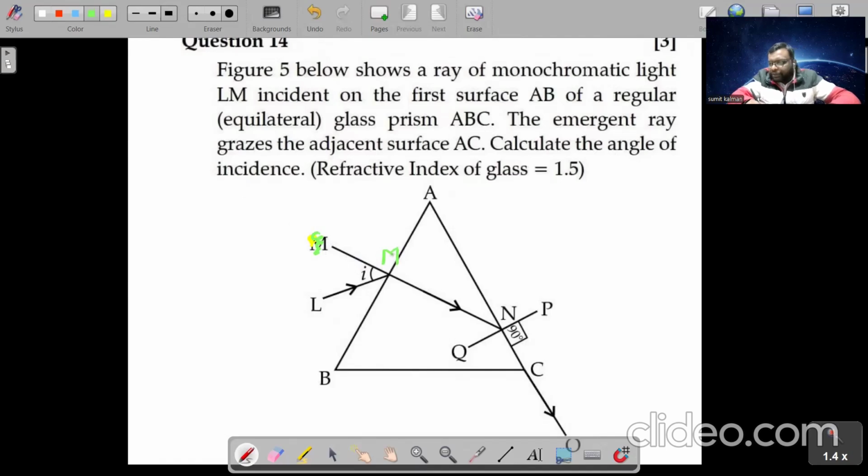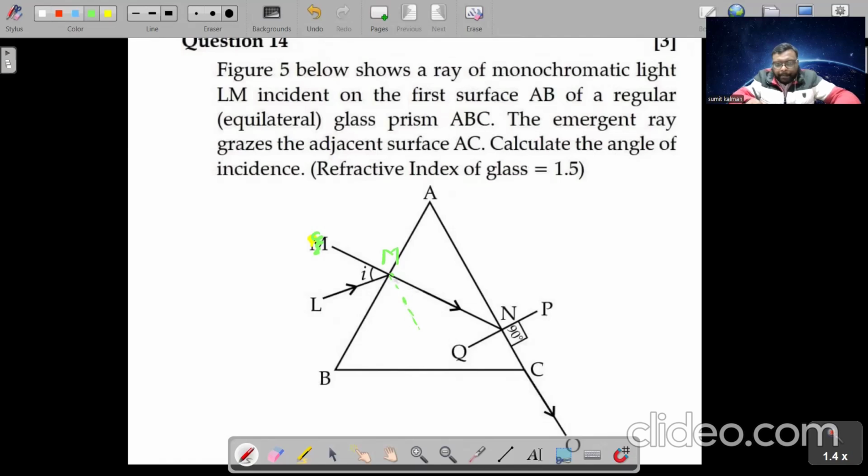There is one light ray only, LM. And students, this is normal,